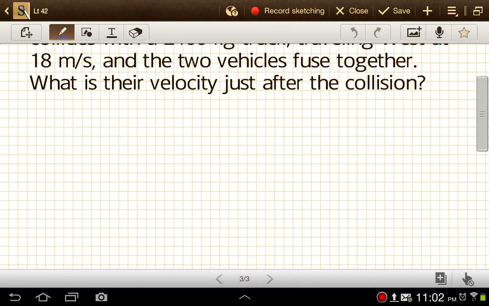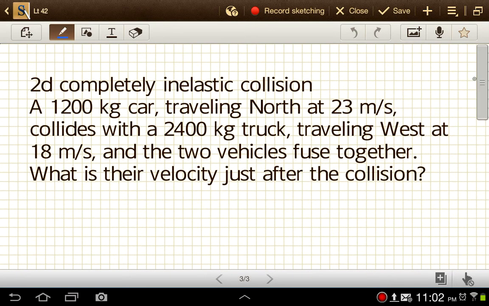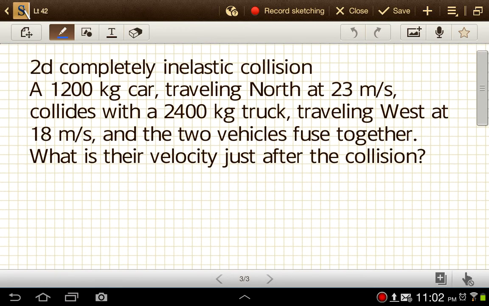Okay, one more problem with the collisions. Now we'll do a completely inelastic collision. In this one, we're going to have two cars that will collide. Remember, in a completely inelastic collision, our objects stick together at the end. So initially,